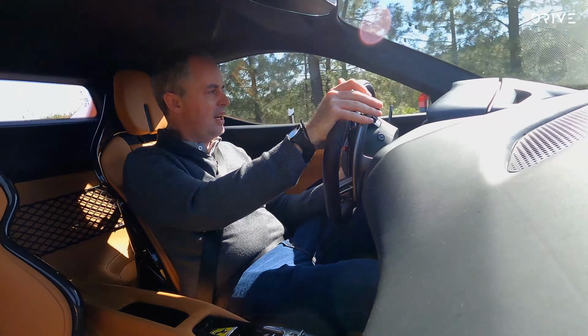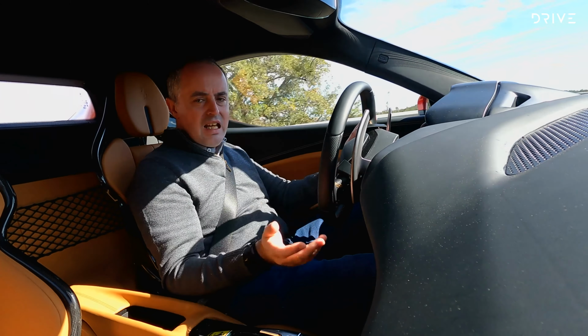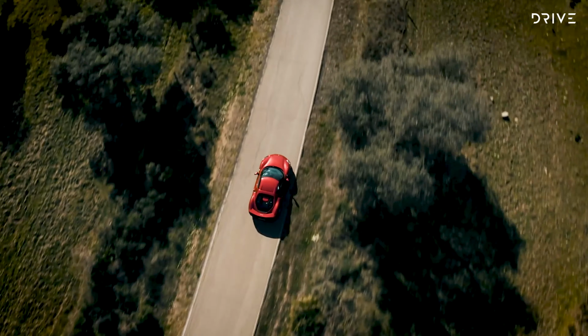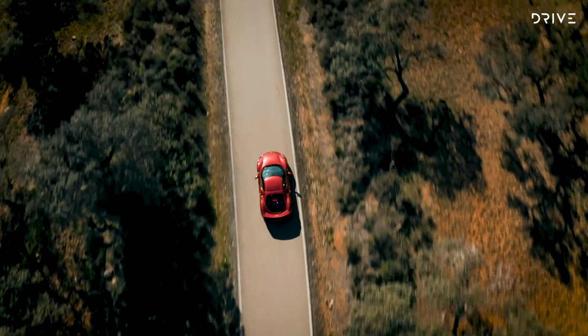I mean, it's very, very hard to actually get either end to run out of grip at road speeds, and yet it doesn't feel overtired. It doesn't feel like it's got too much grip. Despite its enormous sense of stability, there's still a real flow to it, and a very nice level of